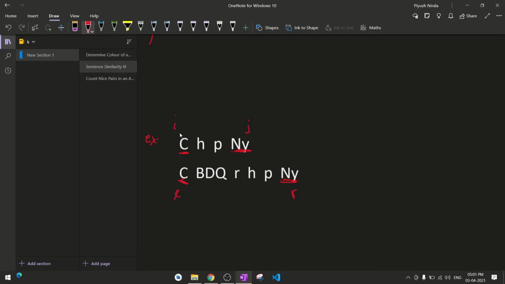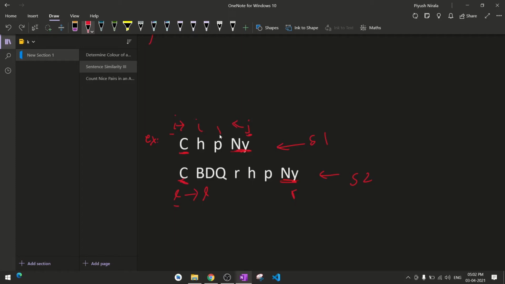I and J will iterate over the first string, sentence 1, and L and R will iterate over sentence 2. I will compare L and I. If they are equal, then I will move L and I forward. Same with J: if they are equal, then I will decrease J, J minus minus.